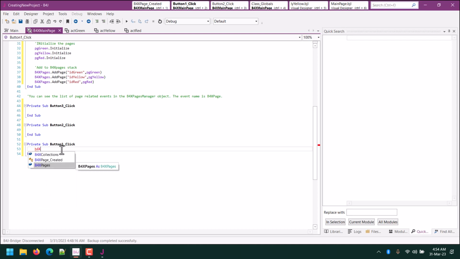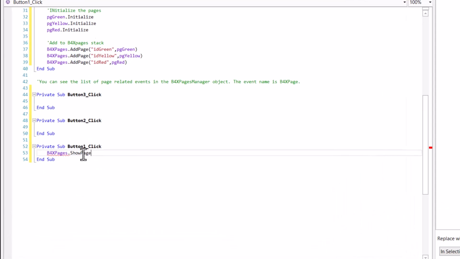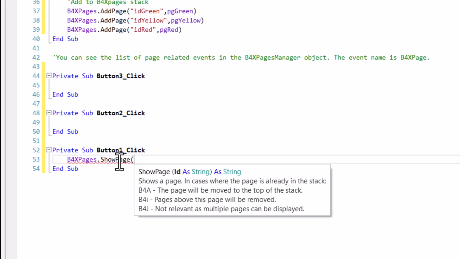To show a page, you call before_xPages showPage method, and pass the page ID as parameter.